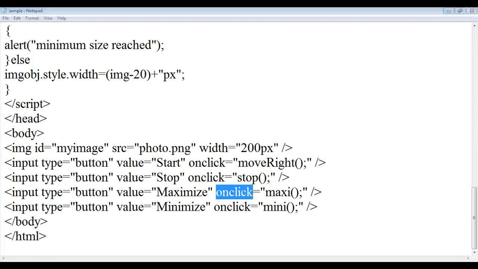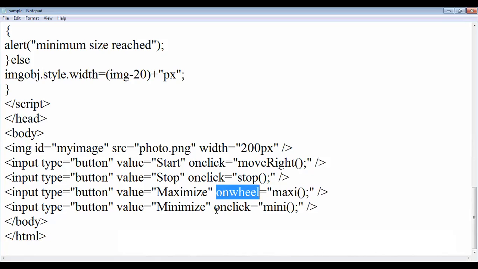In the place of on click, you can simply use the on wheel event. You specify it here, on wheel.